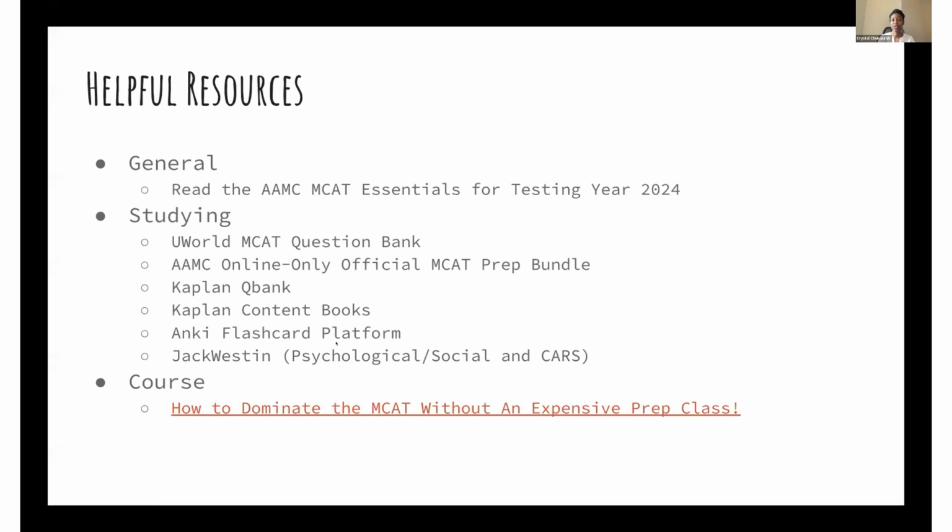Anki flashcards, it's not necessarily a resource, but it's more of a tool you can use to help review content. Did any of you use Anki or hear of Anki? Yes, I see some nods. So Anki is basically like a virtual flashcard. You can have physical flashcards, but these are virtual flashcards you can use.